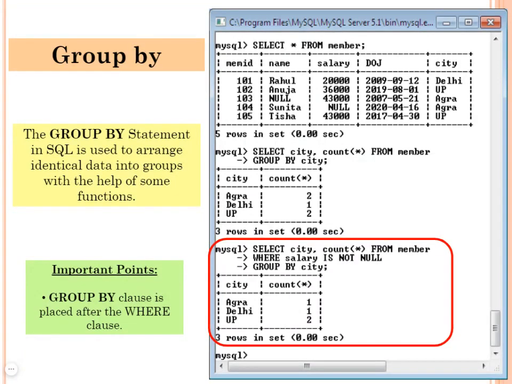Then GROUP BY city. So now see what effect it has. City Agra and count is 1 only. Why is the count 1? Because one of the values of Agra is null, so it will not be counted, because the WHERE clause has already excluded that null value. Clear? So Agra has count 1, Delhi has count 1, UP has count 2. I hope I'm clear.